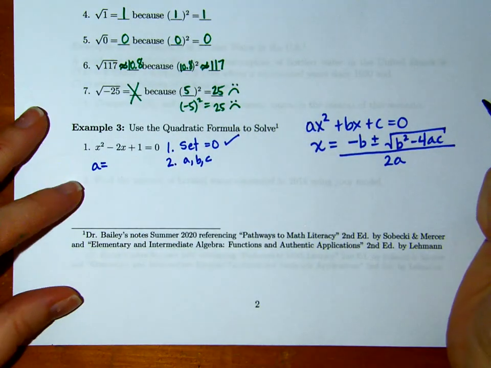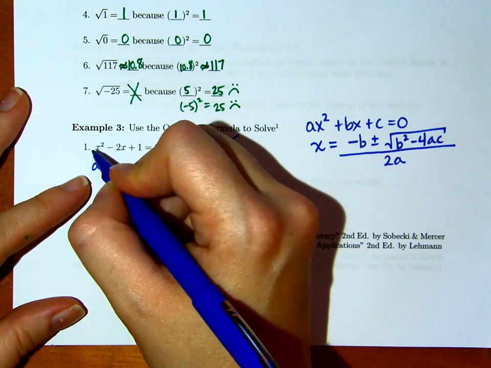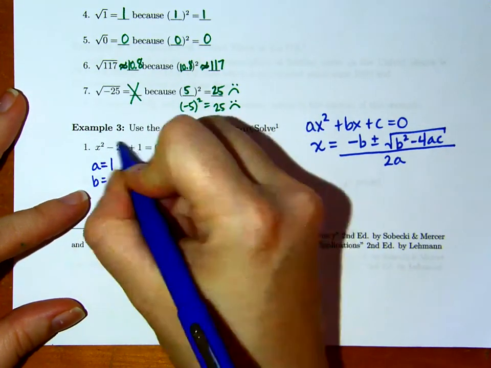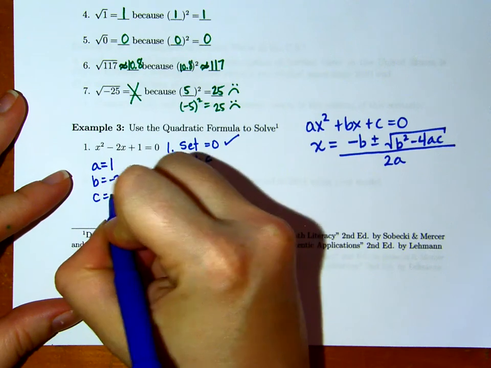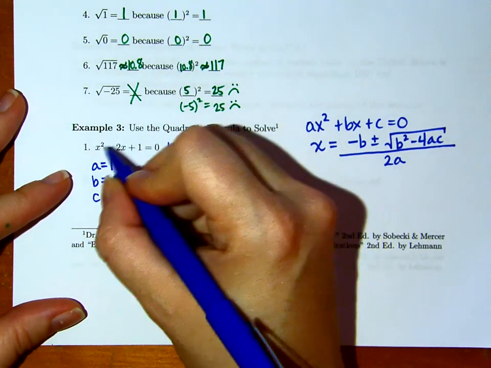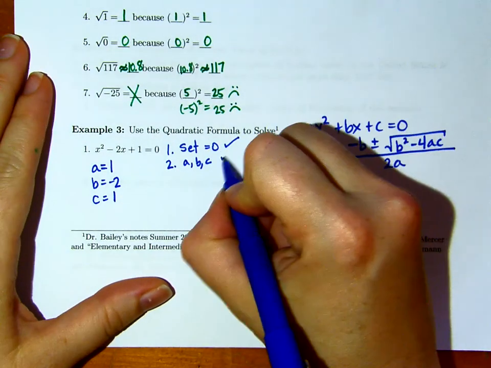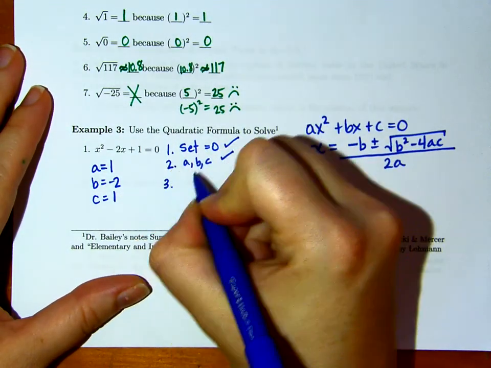write down a, b, c. Here, a is implied to be 1, b is equal to -2, there are -2 x's, and c is equal to +1 because after that we add 1. Got it? I got my a, b, c. Check. 3,